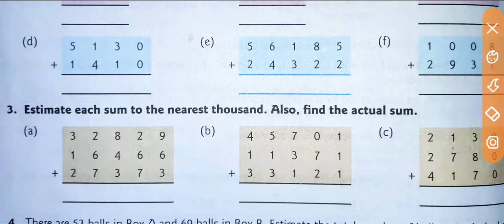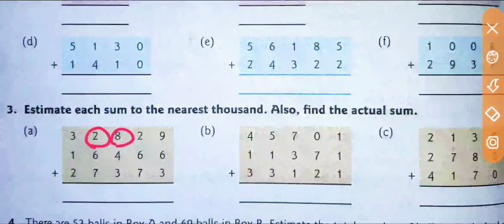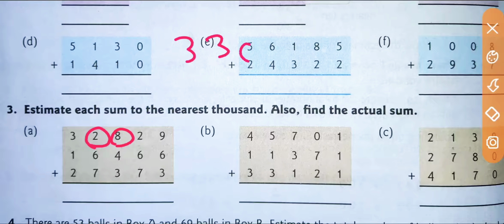To round this number to the nearest thousand, we have to check the digit of hundreds. At the place of hundreds there is 8 and 8 is greater than 5, so we will change this 1. That means we have to increase this 2 by 1. So now there will be 3, 3 and 000. Like this one, we have to check the digit of hundreds. Since the digit of hundreds for the next number is 4, we will not change anything, but we will put zeros at the place of ones, tens and hundreds.